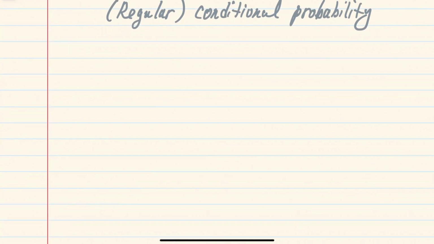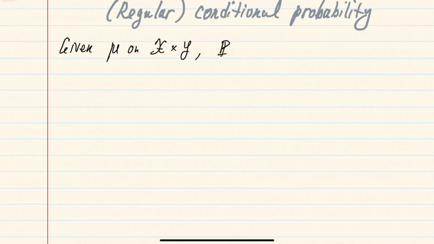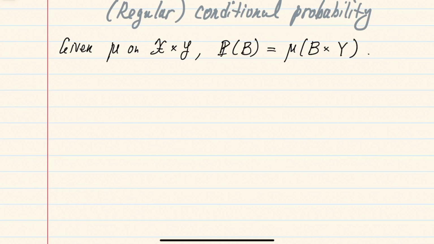Once again, given a probability measure mu on the product space, or this product sigma algebra, the probability on the first coordinate is automatically determined by this mu. Because the probability of any measurable set on the first coordinate, if you assume this Fubini representation, just means that the rectangle that you should take has the second side without any constraint. So the second side should be the whole space Y. And so the probability p, the marginal on the first coordinate, is automatically determined.